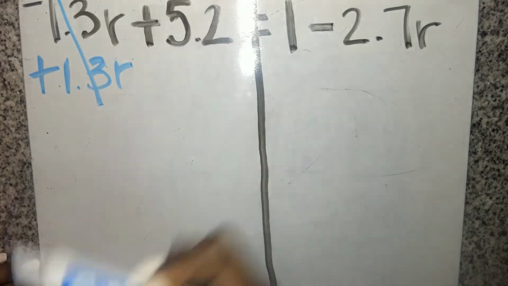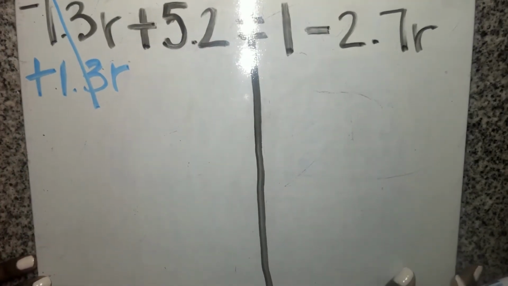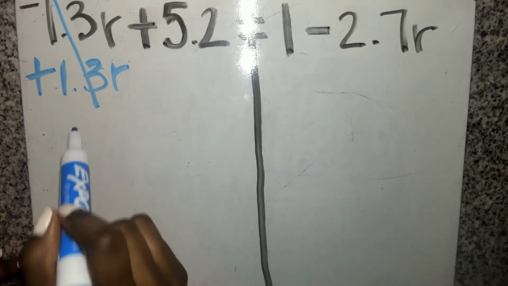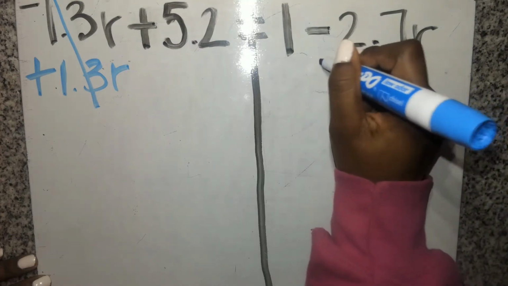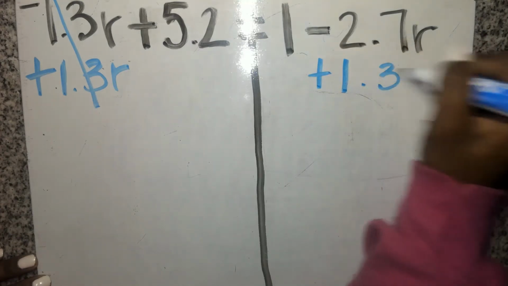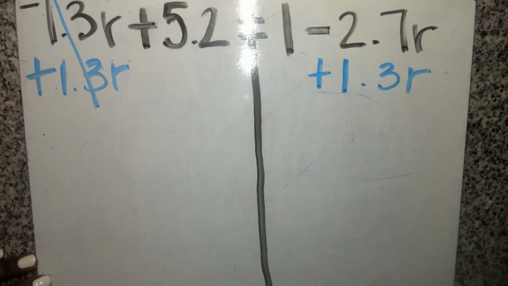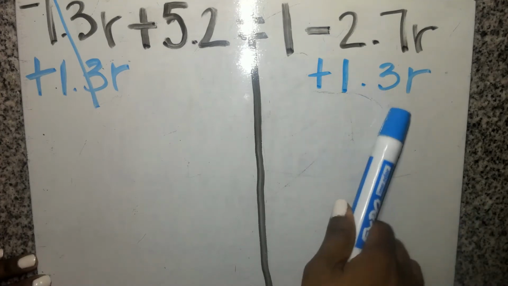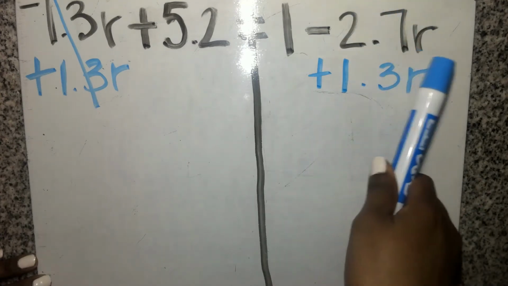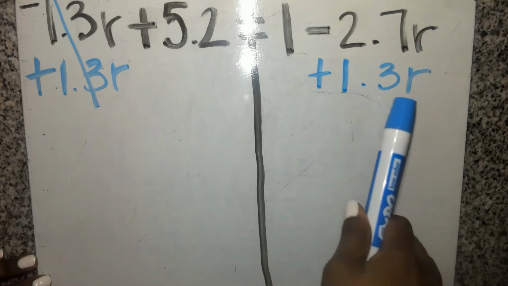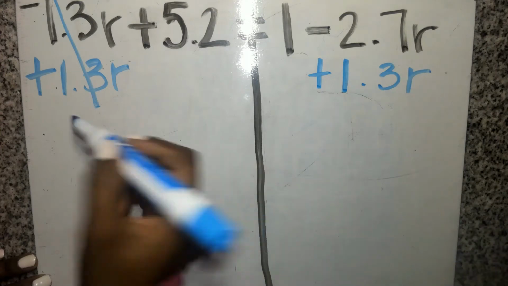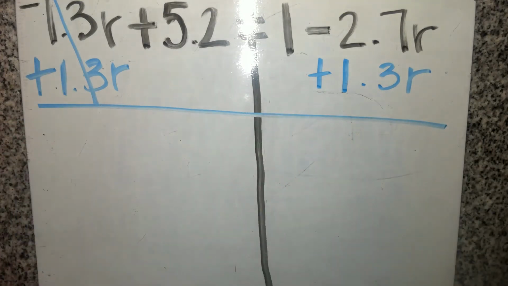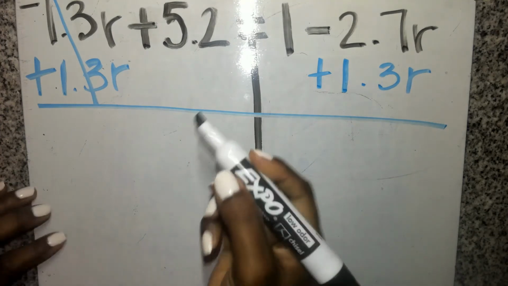And then not only are you going to do this to this side of the equal sign, but you're also going to do it to the other side. So you're going to add 1.3r to this side as well. Now the reason I'm putting 1.3r underneath this negative 2.7r is because they have the same variable. Okay, so after we get that done, then what we have left is 5.2 equals 1 minus